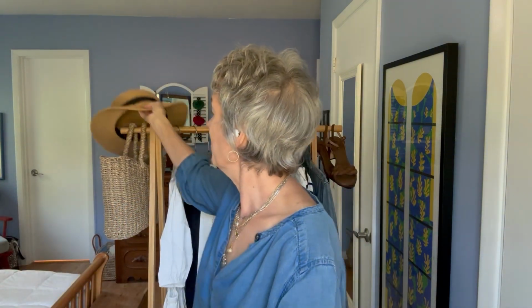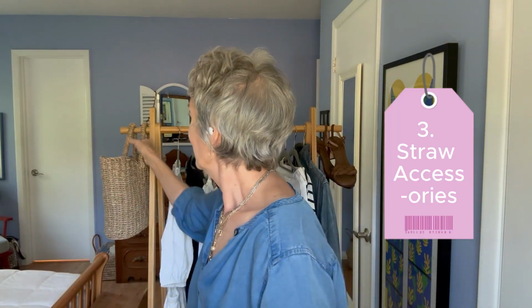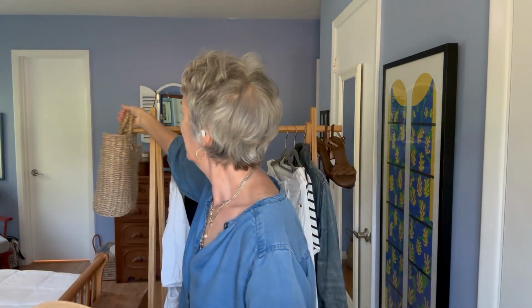All right, so number 1 was white dress. Number 2, eyelet. Number 3, something in straw, right? So for me, that's gonna be straw hat, straw bag. Had both of these for quite a while. Love them. They really anchor that summer feeling in a way that almost any other bag slash hat does not. Okay, so 3 is straw, 4 gingham, or as it's otherwise known, a Vichy check